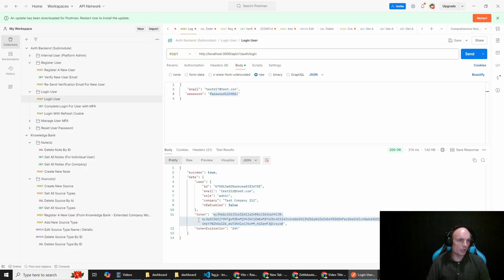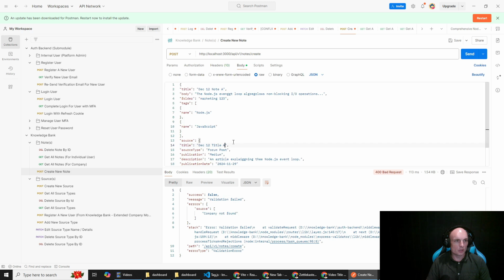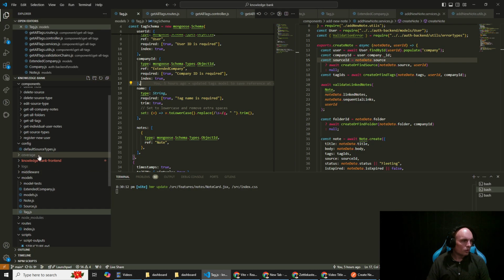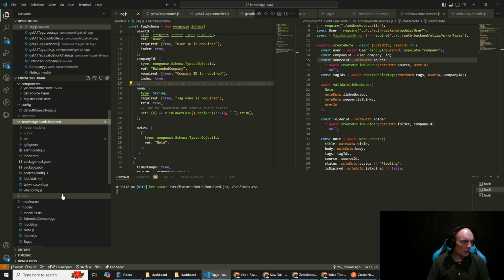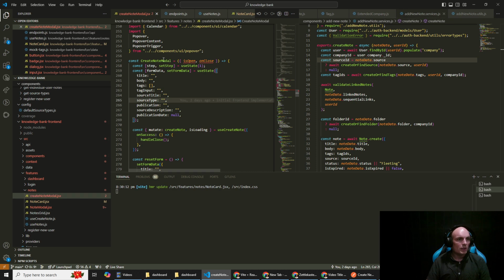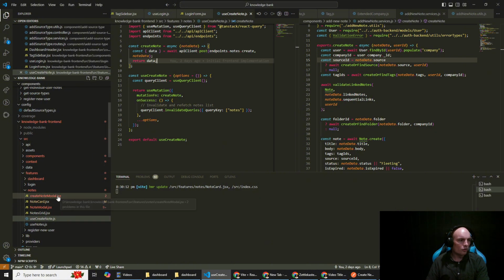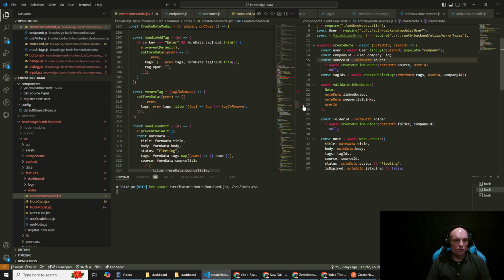So what we need to do now is go to create a new note and body, and we need to update our other functionality. So in our front end, if we go to source, if we go to features, notes, create note modal. So create note modal calls our use create note, which just gets the data directly. Okay, so what we need to do is copy and paste this and tell